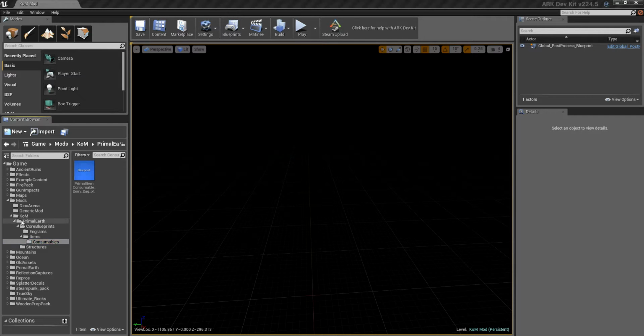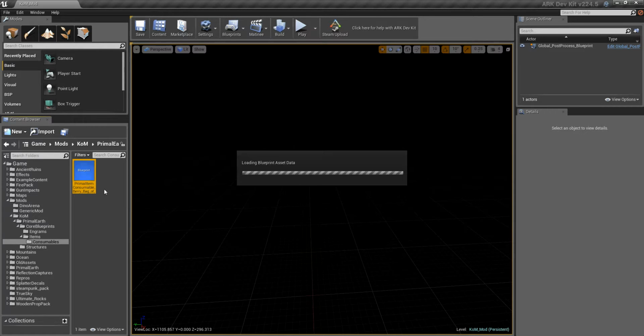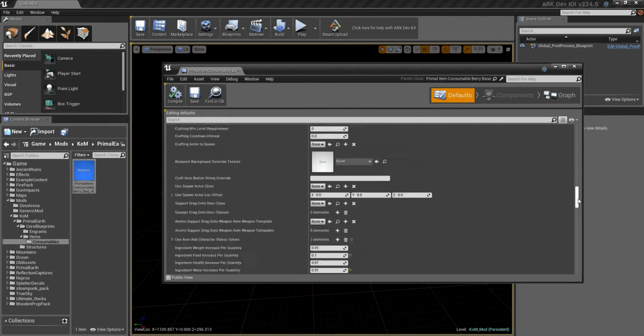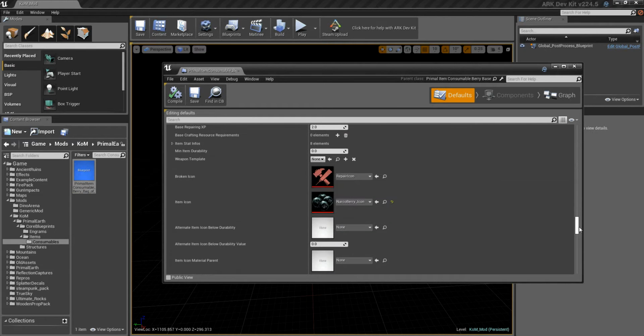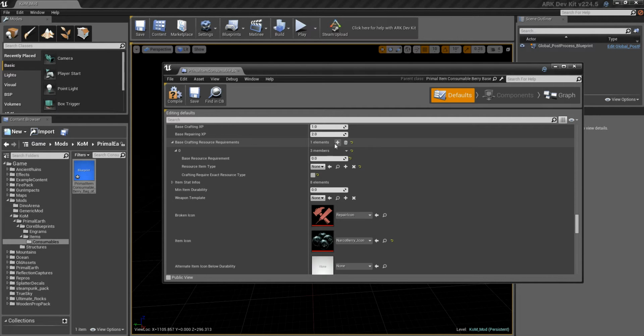So if I come back to my folders and go to item consumables and go to this bag of berries that I created, I'm going to come in here, scroll down to base crafting resource requirements. So this is where I go, okay, what do I want to use to make this? And I'm going to use 100